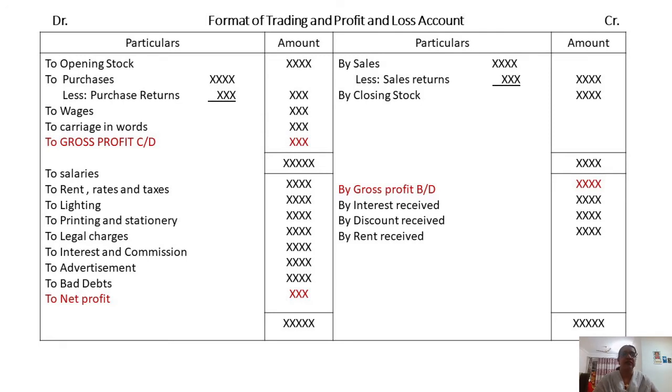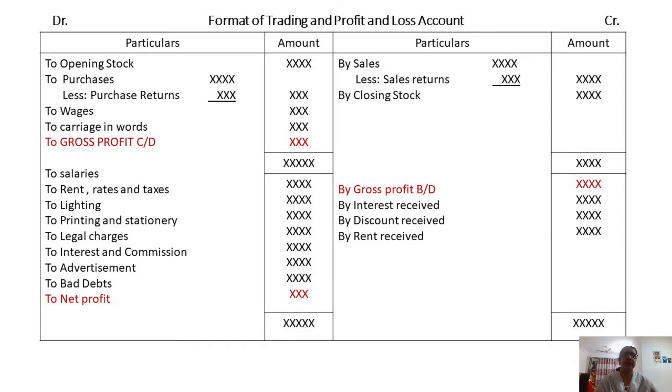So the total is taken here and the same total is carried to the debit side, and we find out the difference. This is the amount of expenditure and this is the total. The difference is taken here and this difference is called gross profit. Gross profit is carried down. That means it is taken to the P&L account. So after gross profit, we will continue with the P&L account. See, on the opposite side, gross profit is brought down. It is taken here. Whatever balance we arrive at here is taken to the P&L account.